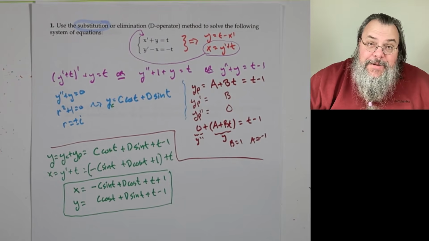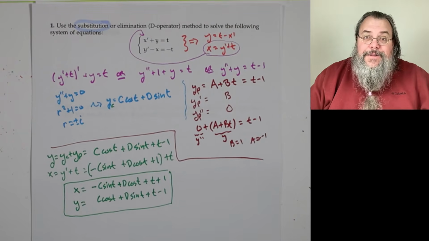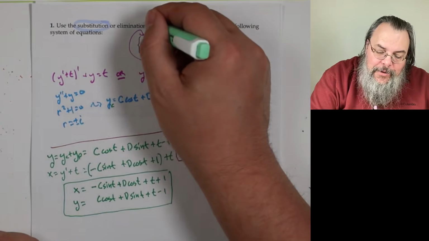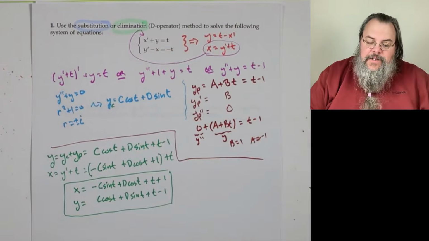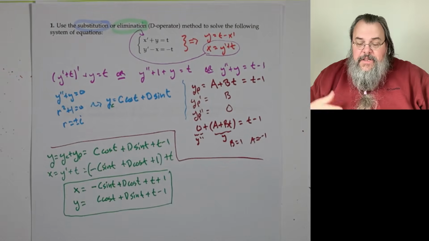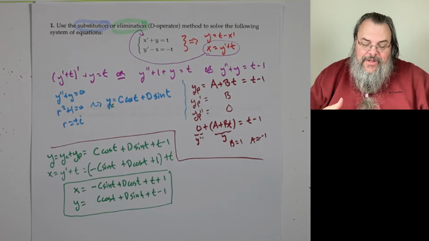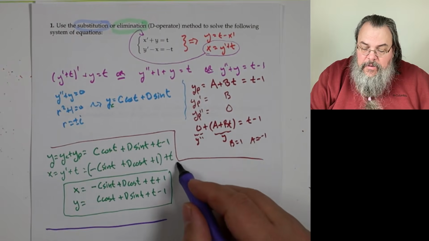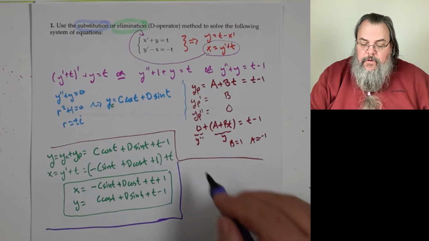What if we wanted to do elimination? Do we have enough time? Well, I think since we always have time, right? You only have to do one. So let's talk elimination. Let's see if we can at least start down the path. And we'll just point out where we get similarities and where we get differences. So for elimination,